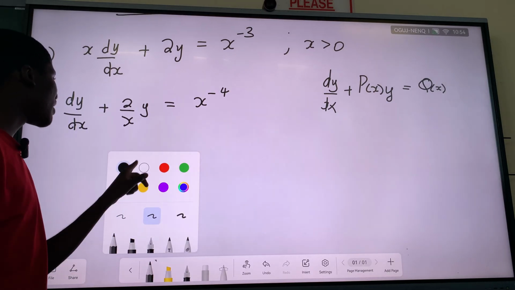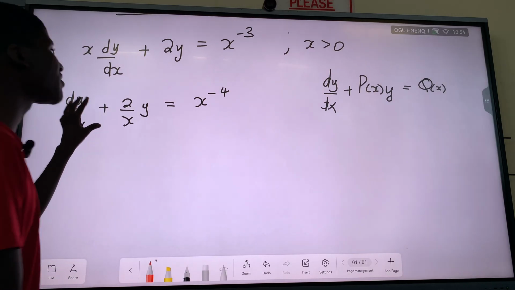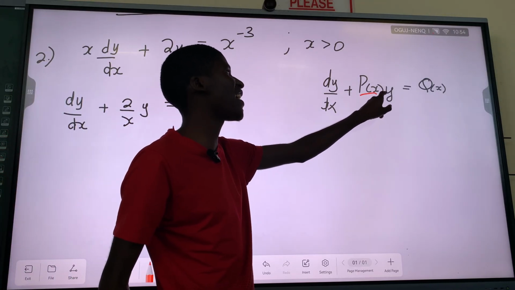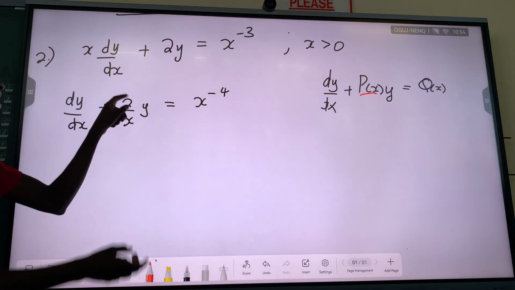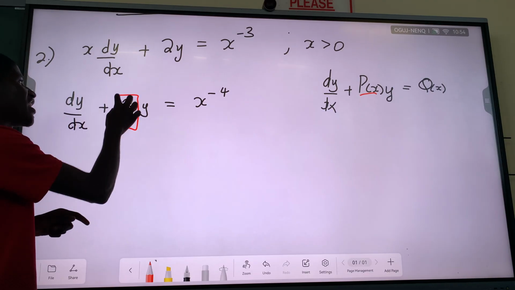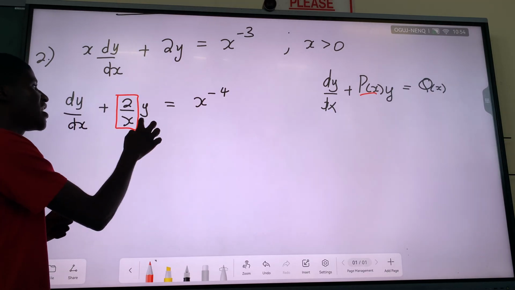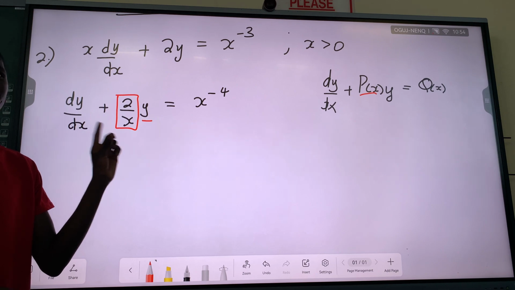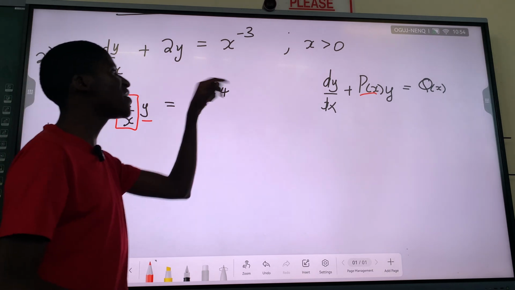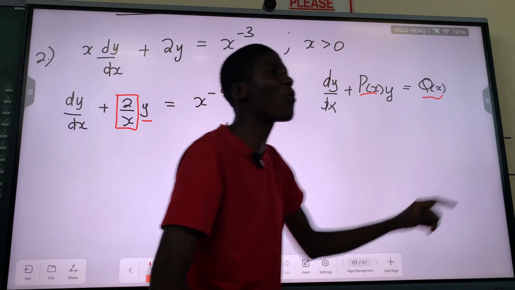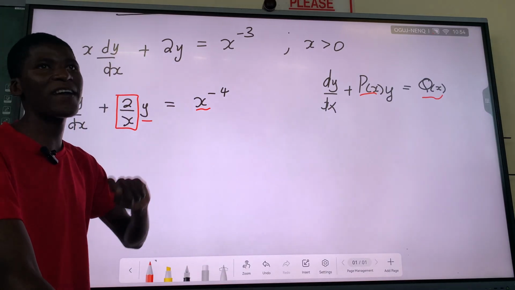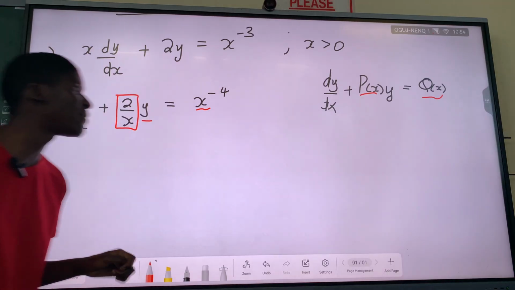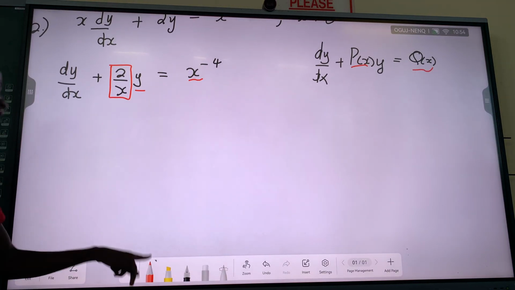All right. So now that we've achieved this format here, this is dy/dx. Here we must have a function of x times y. Look here, what do we have? A function of x, here it is, 2 over x. It is a function of x times what? Times y, or y raised to the power 1. Not y raised to the power of 2 or anything else. And on the other side, we want a function of x. Look at the last one: a function of x. Do you see that? So now that we've got this in place, what do we do to solve our differential equation?